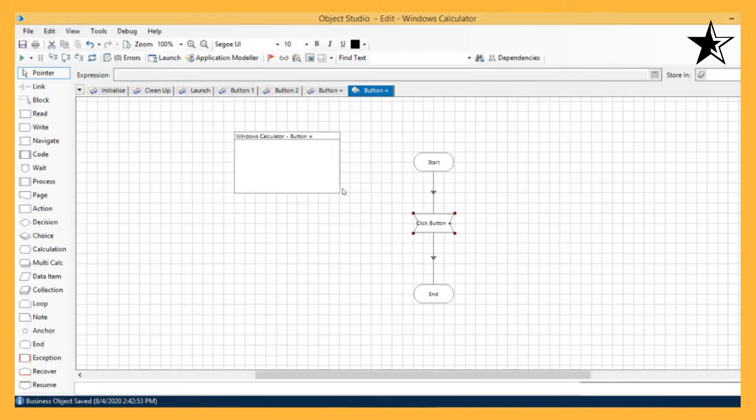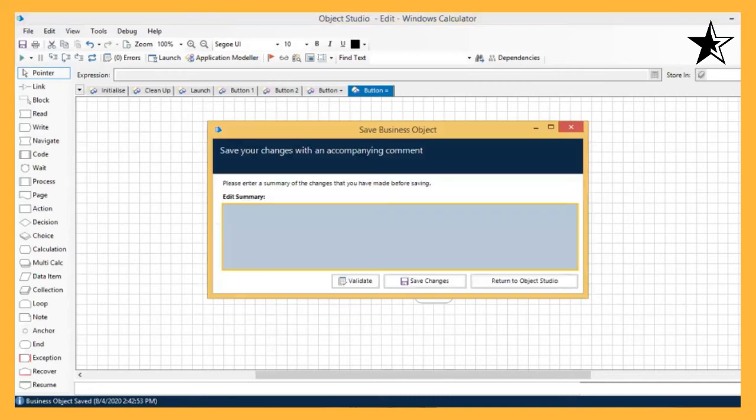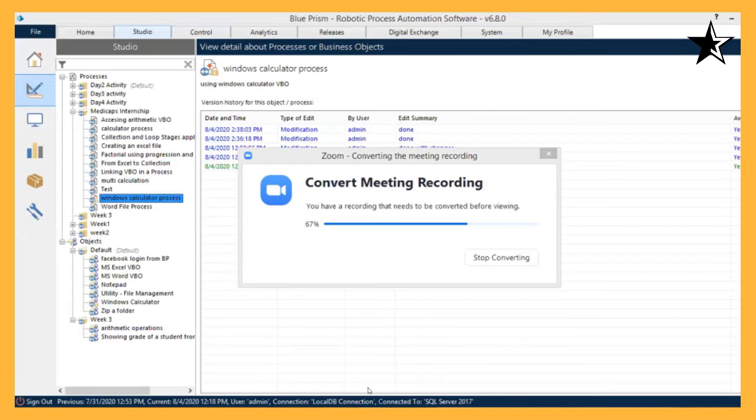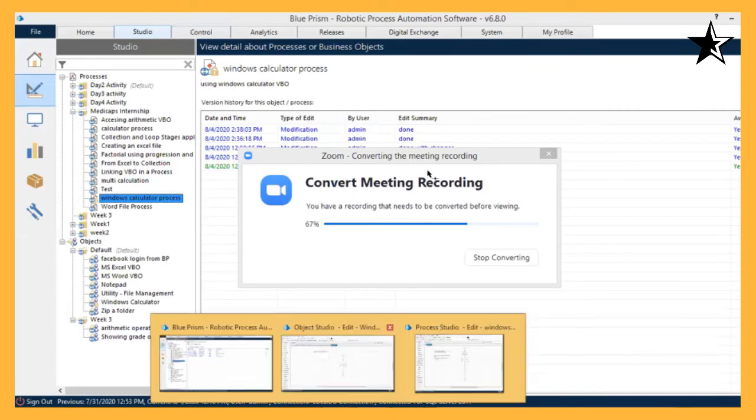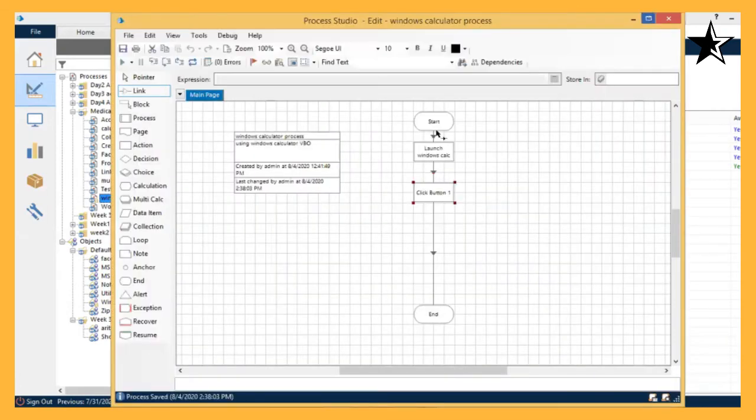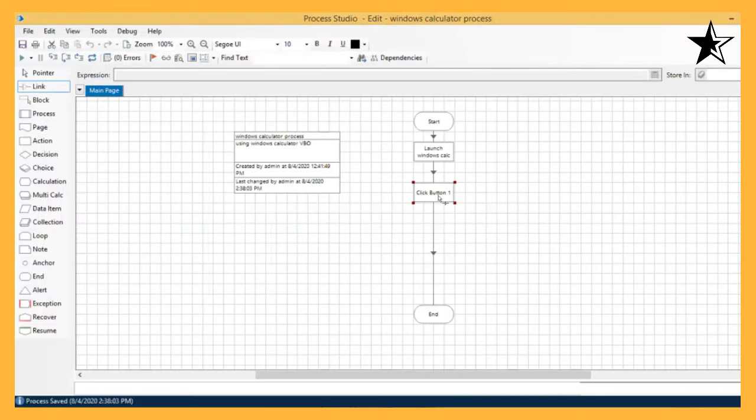Just save the process with the changes. Save changes, and I'm going to use the Process Studio to perform the particular action. In the Process Studio, we have already used two action stages. One is launch the calculator, the other one is click button 1.